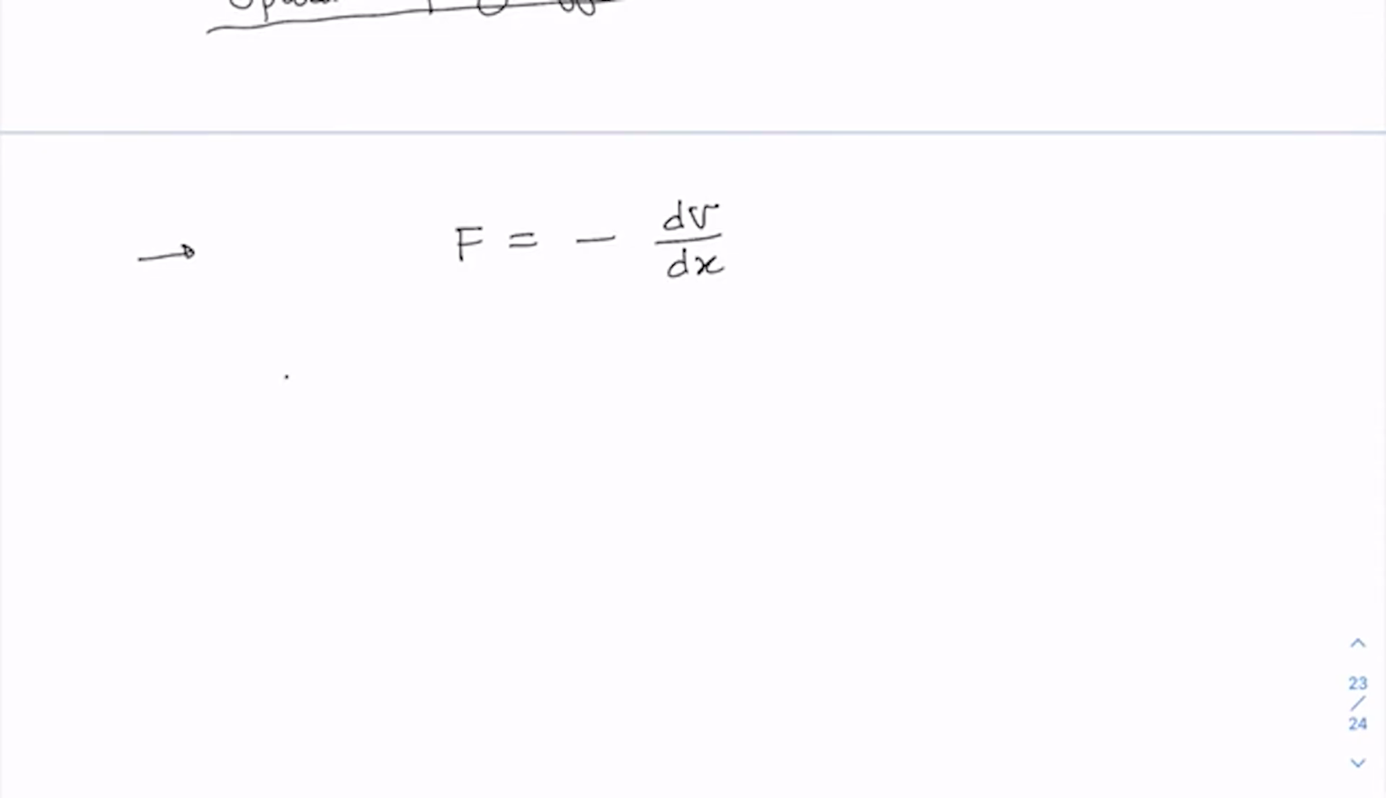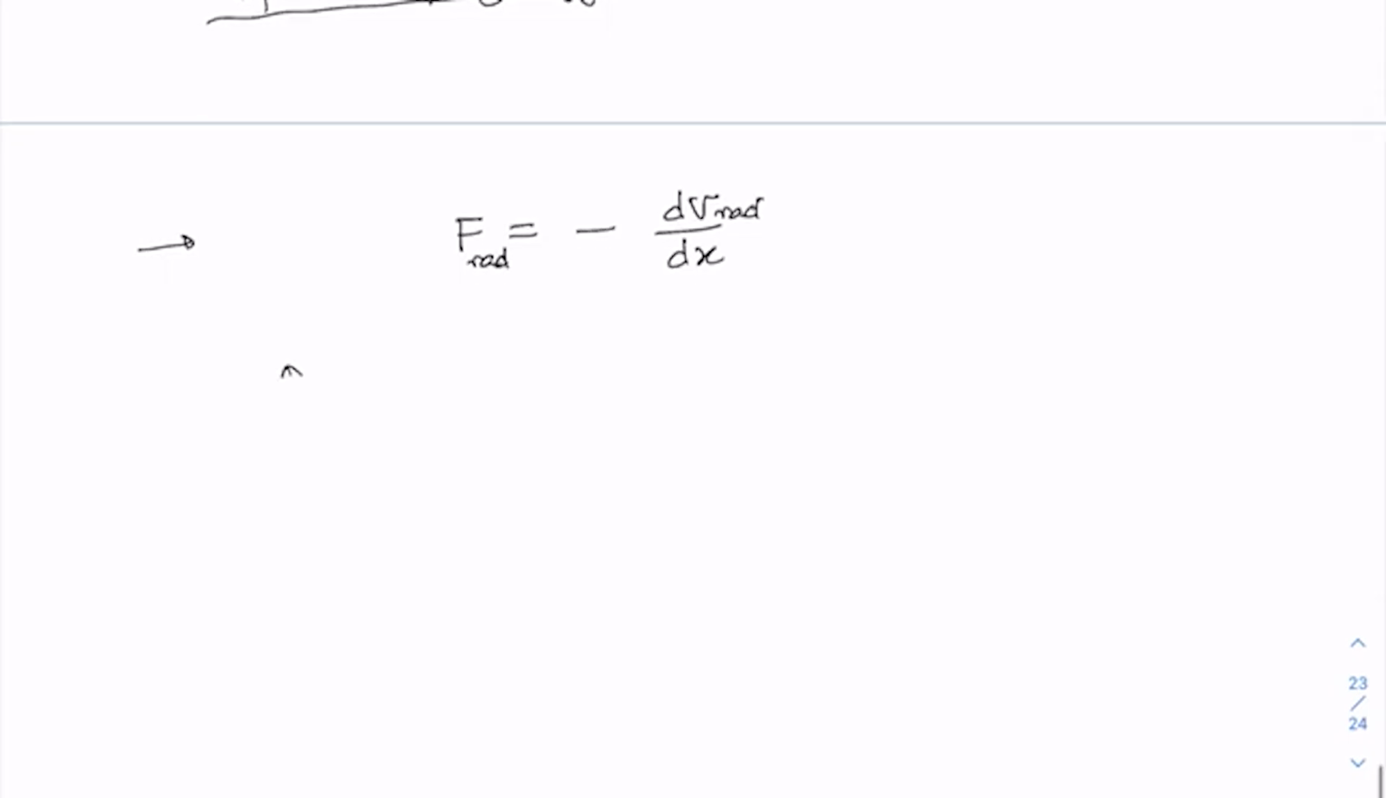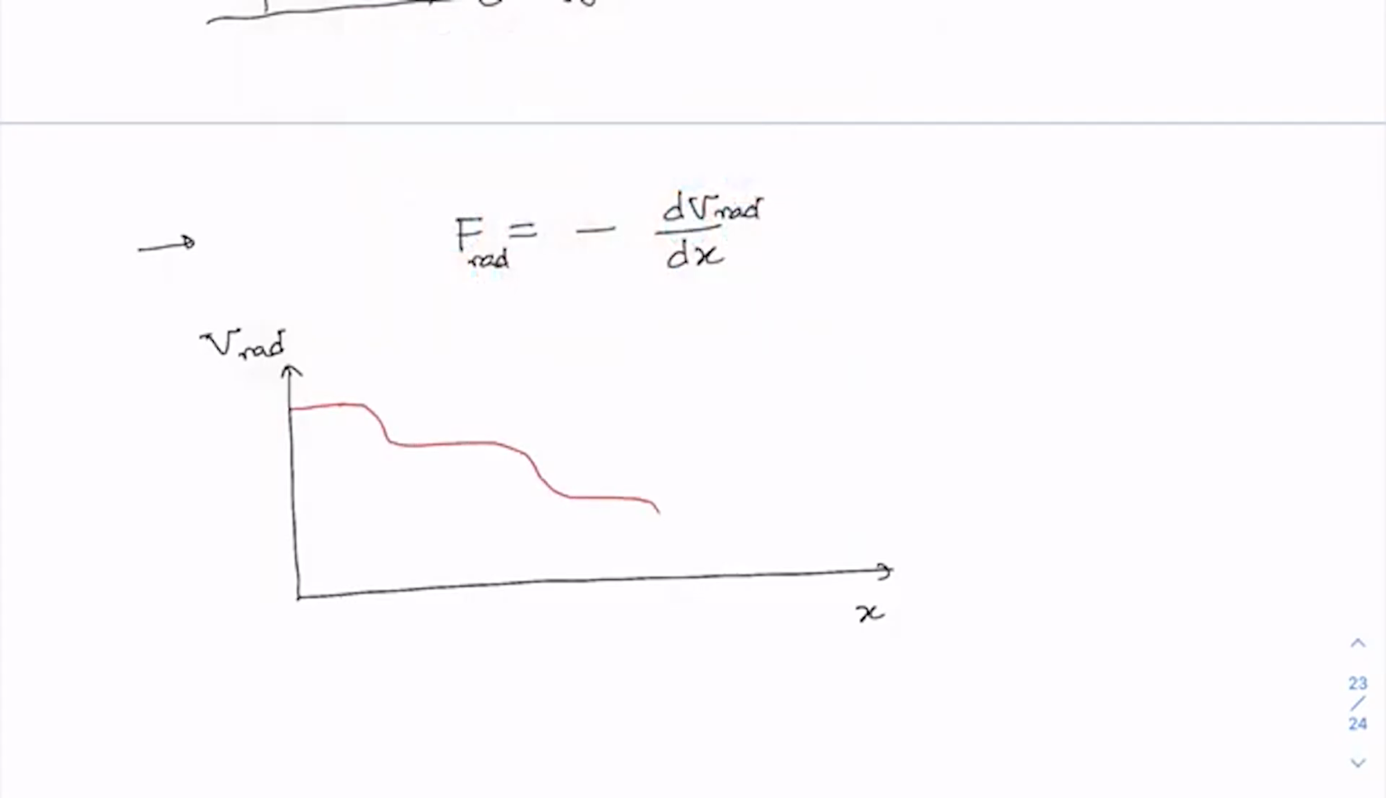In fact, I'm talking about the radiation pressure potential, the potential due to the radiation pressure force. If I plot the radiation pressure force versus position, we are going to get a plot like this. It will be a kind of staircase potential. Whenever there is a resonance peak, for example here, as you can see, when there is no force, the potential would be constant,